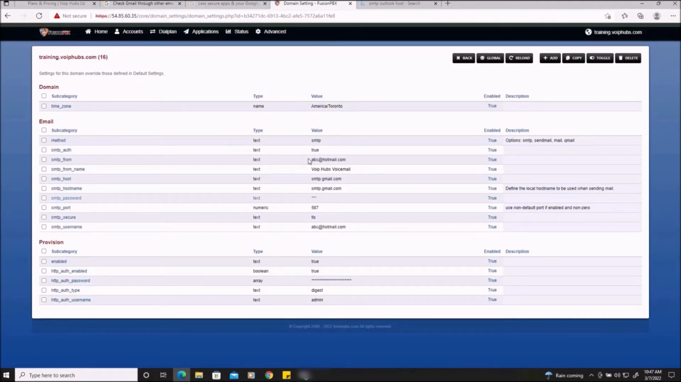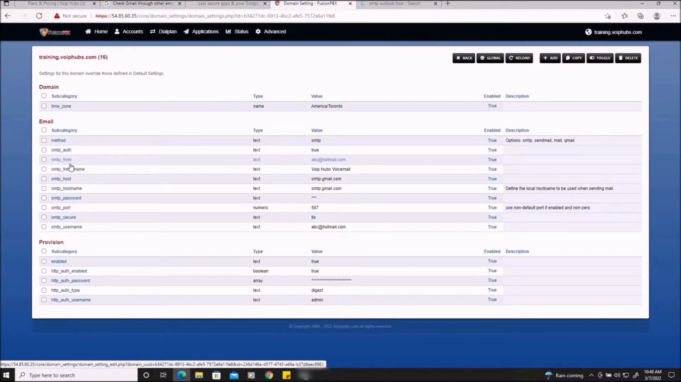Now, once this information has been implemented, please make sure that everything is enabled. This is very, very important. By default, some of them are disabled. I believe the SMTP port is disabled, and maybe SMTP from is disabled as well. I don't quite remember, but I've manually enabled all of these for this example, so please do the same. Now we have the SMTP information up and running. We have the email address within the extension up and running, and one